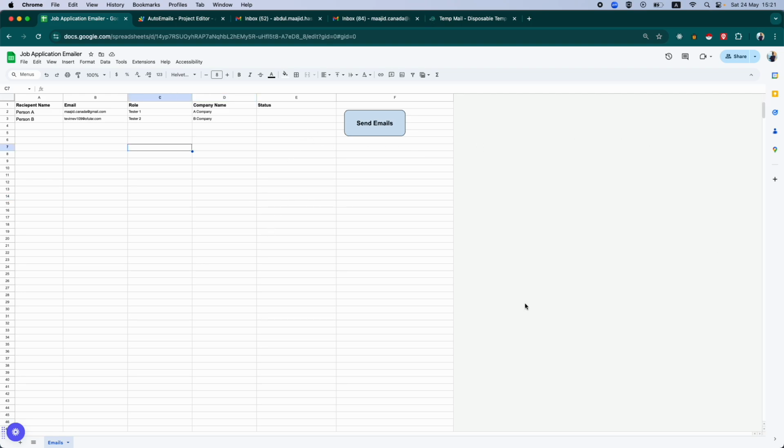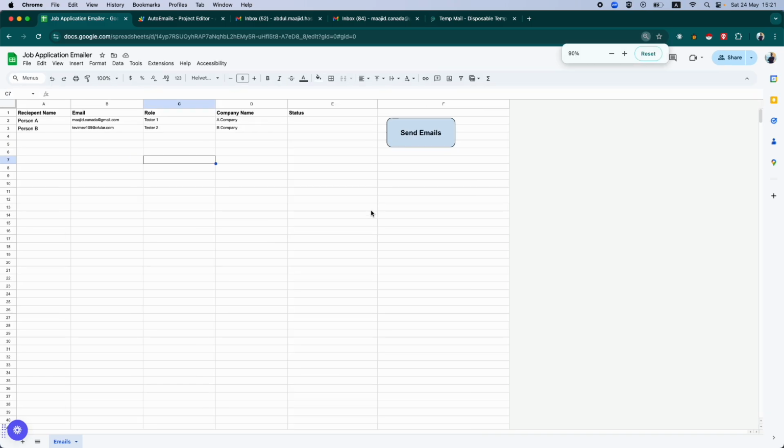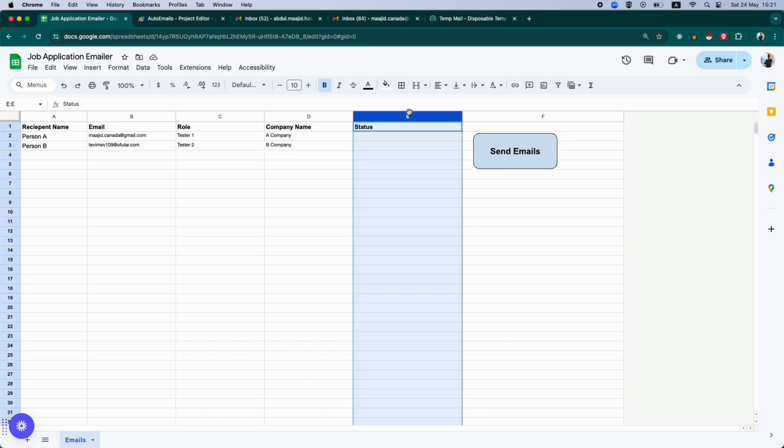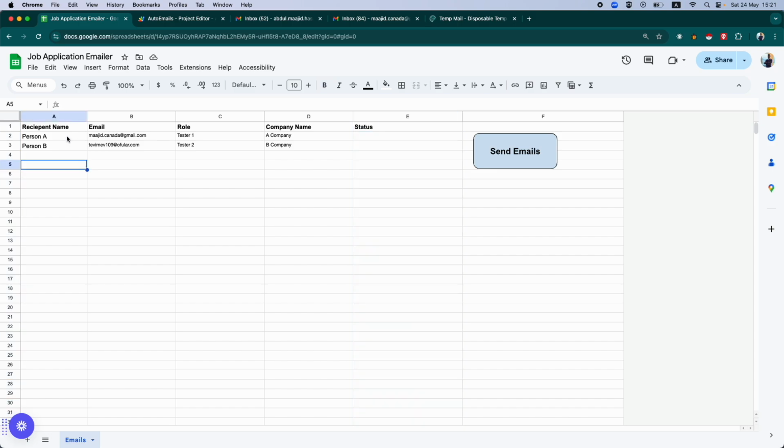Do not worry, I will share the link for you guys to make copies of this particular sheet. So let's get started by zooming in so that we can see the columns that the sheet has. So we have recipient name, email, role, company name, and the status column to track if the email was sent or not. So if I was doing this, I'll first get all of these